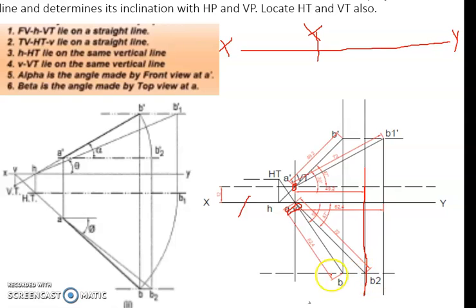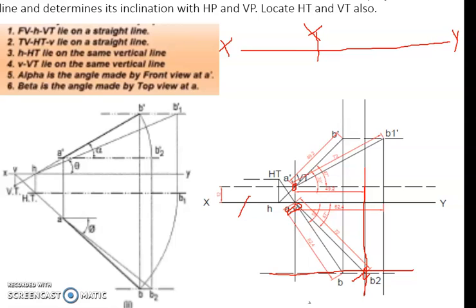We don't know where it will intersect, so we just draw it here. Now we take a compass and measure the 72 mm true length and mark it here, from here to here, and you are now able to locate B2. From B2 you draw one horizontal line like this. From B2 join this A